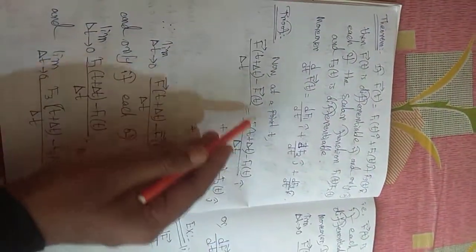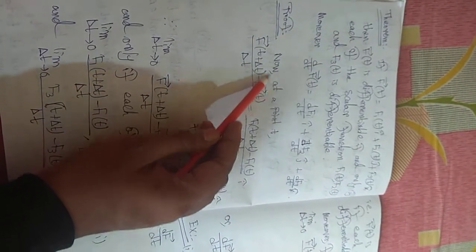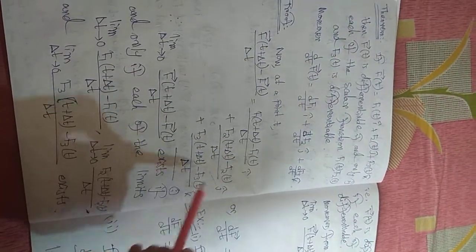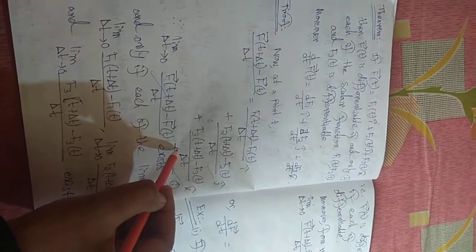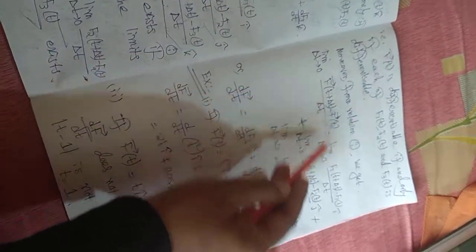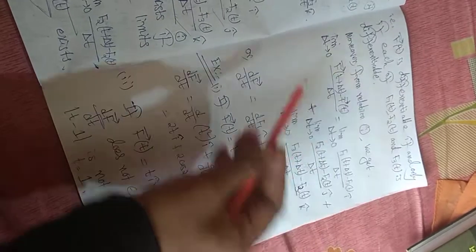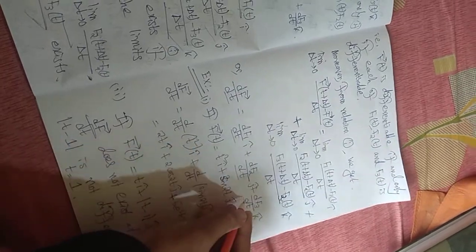Proof is given here. It is a very simple proof. We know derivative means the limit of this ratio, and this ratio means they are separate i-cap, j-cap, k-cap components. Now this limit exists means each of them exists by our previous theorem, and each of them existing means they are differentiable. So this proves the part. Now this limit means taking the limit on f1, f2, f3. That means df/dt is df1/dt i-cap plus df2/dt j-cap plus df3/dt k-cap.